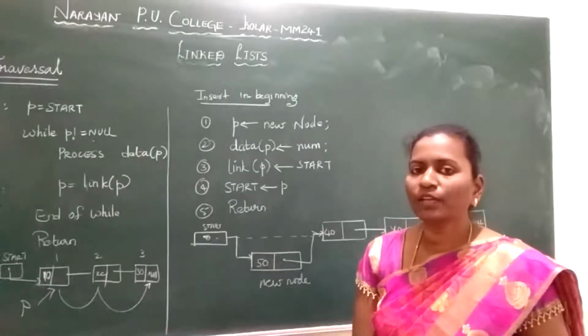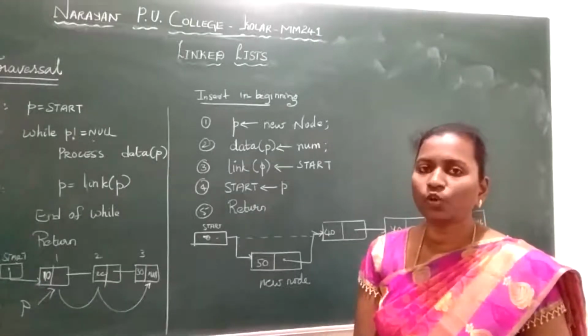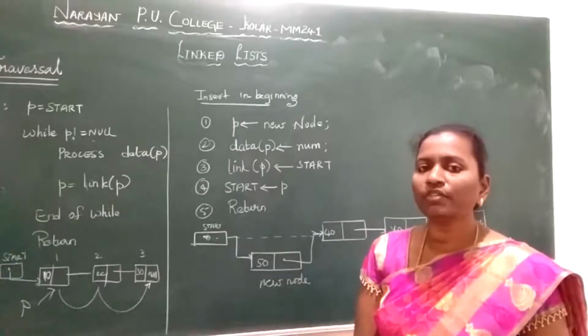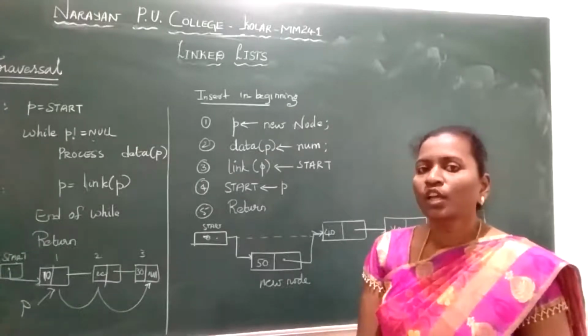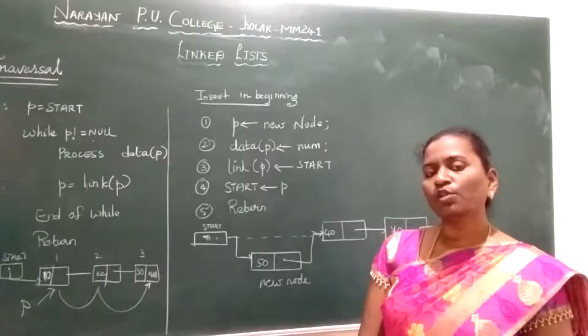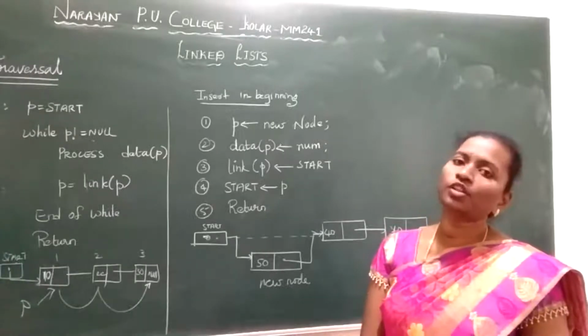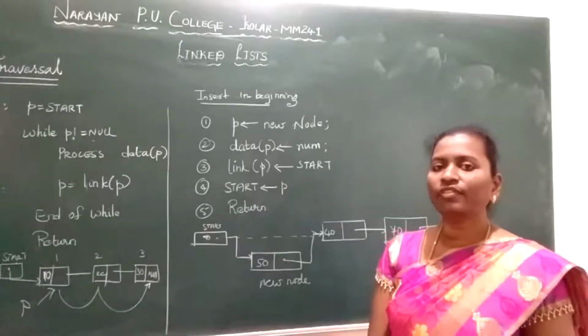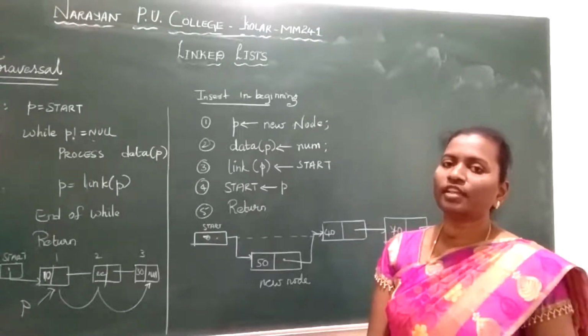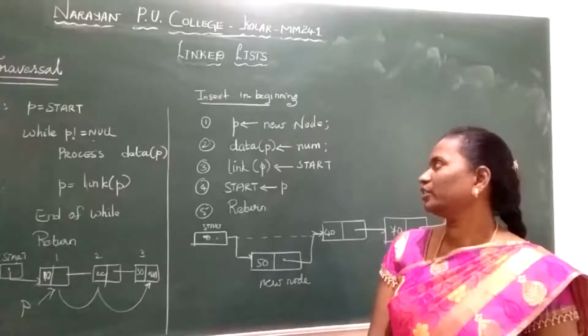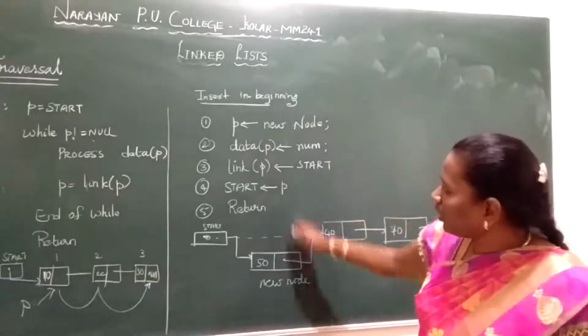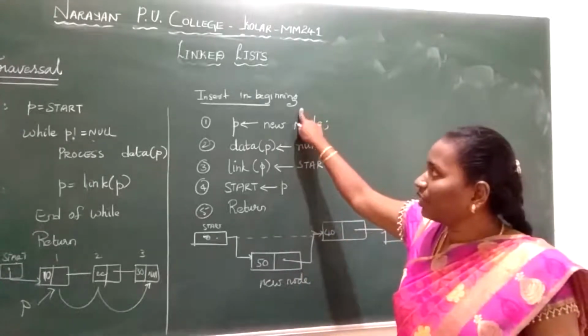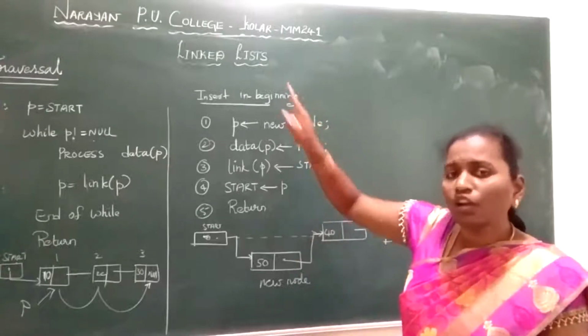I told you how to create a node using a structure, with the struct keyword, we are creating the structure for the node. We have included two kinds of data members in the structure. One is your data field and the next one is your pointer field, that is your link field. Your link has the address of the next node, and your data field has the information. Now, before that, this is the algorithm to insert an element at the beginning of the list.